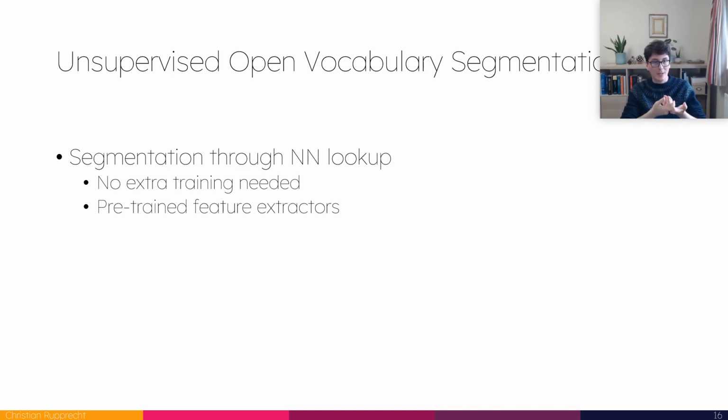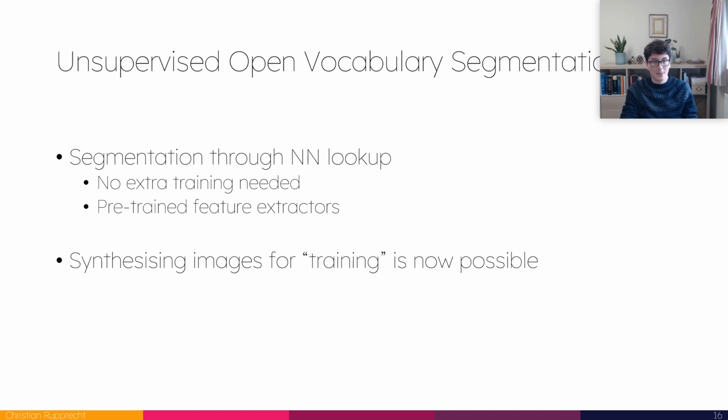This segmentation through nearest neighbor lookup is very interesting, I think, in the sense that the pre-trained feature extractors are so powerful at this point, and if you look at the paper, we've tried a bunch of different ones. As usual, unsurprisingly, a combination of different feature extractors works best, but many of the current ones are quite similar in performance. It allows us to directly offload the complex training of a network to just nearest neighbor lookup, which is really, really fast as well.